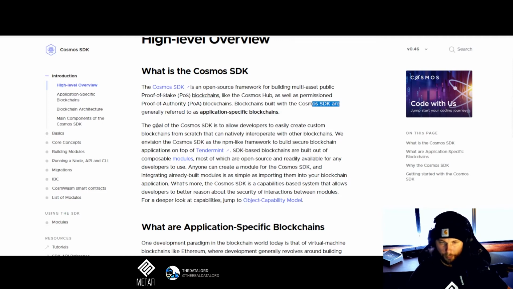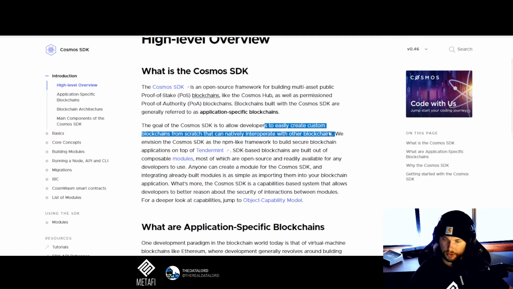It's dope. The goal of the Cosmos SDK is to allow developers to easily create custom blockchains from scratch that can natively interoperate with other blockchains. That's also dope. We envision the Cosmos SDK as the NPM-like framework to build secure blockchain applications on top of